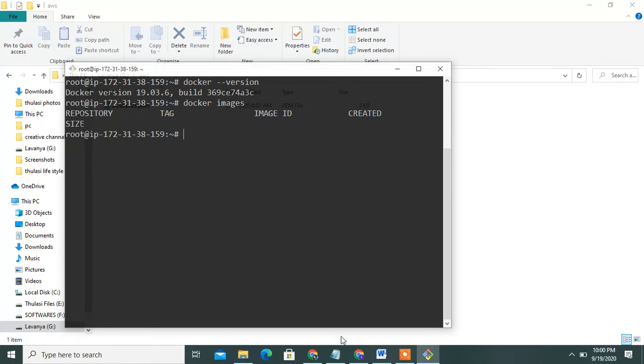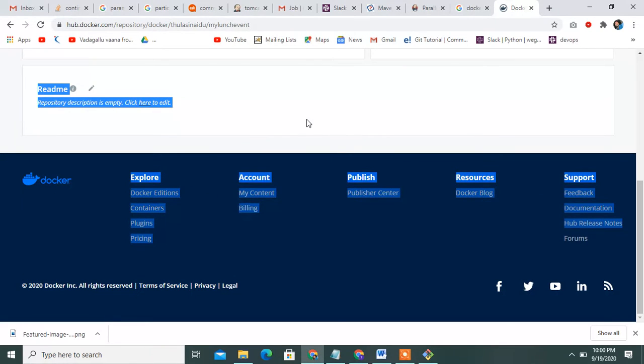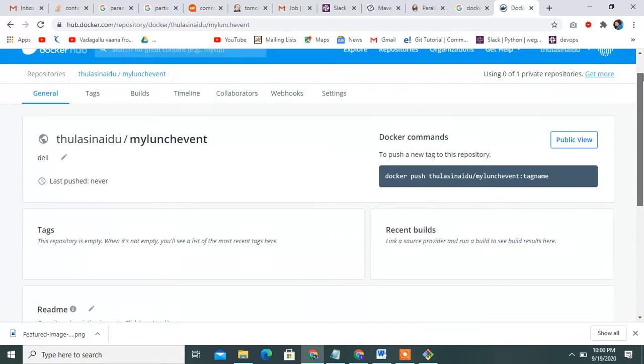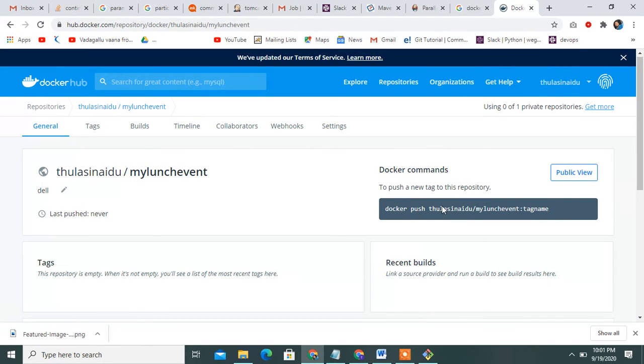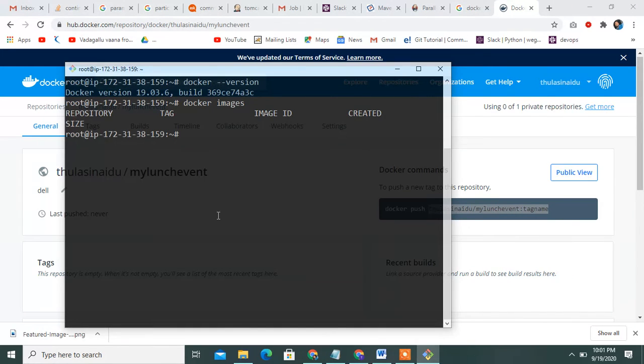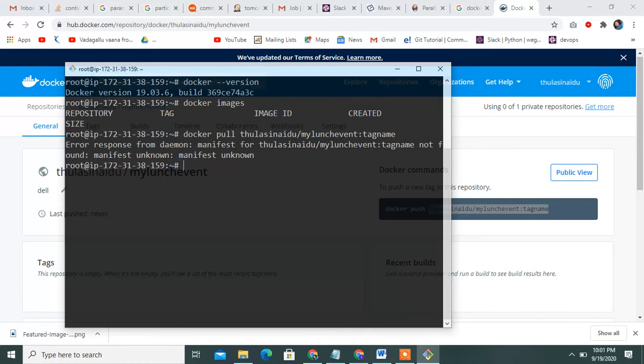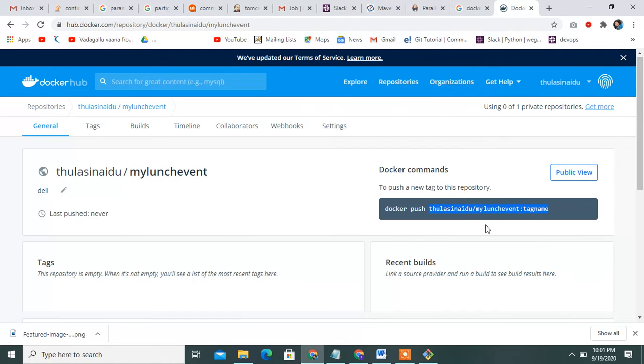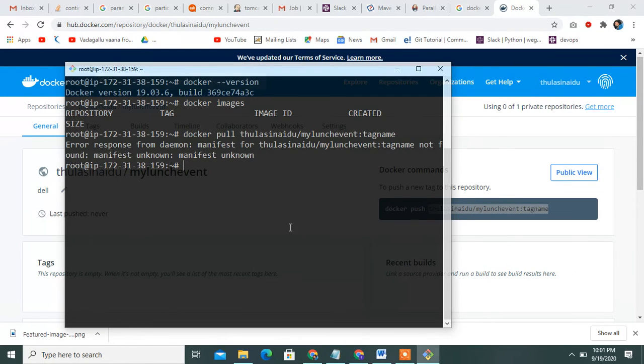Once you pull the image, that image will be accessible locally. For your understanding purpose, please observe it. You can mention the tag name also.